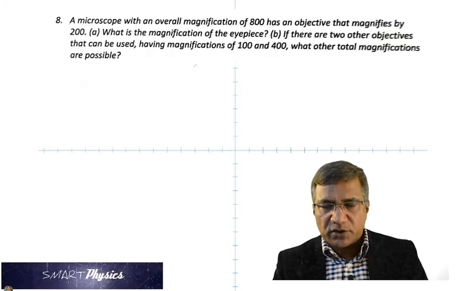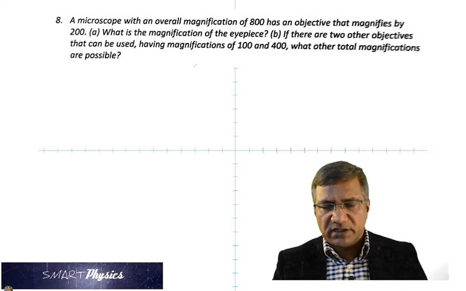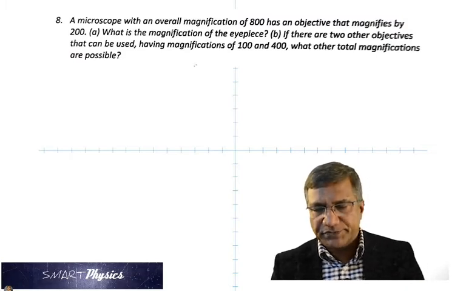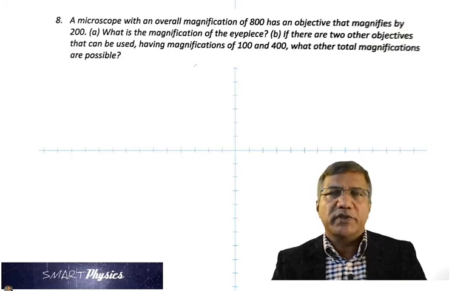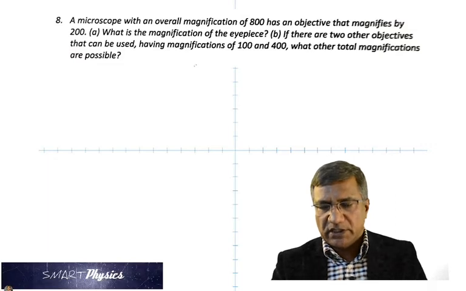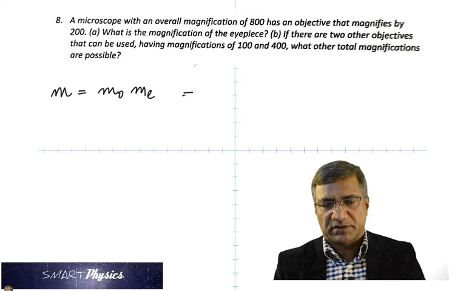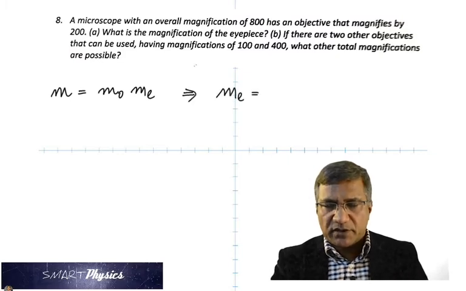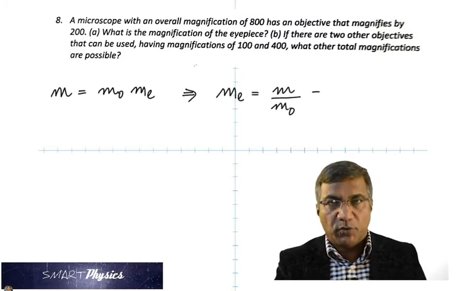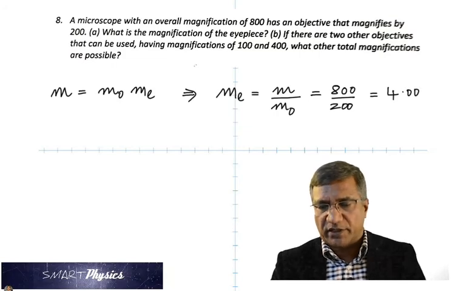In question 8, a microscope with an overall magnification of 800 has an objective that magnifies by 200. What is the magnification of the eyepiece? That's straightforward. We know that the total magnification of a compound microscope is the product of the magnifications of the objective and the eyepiece. And we're given the total magnification, the overall. So all we got to do is divide by the magnification of the objective to get the magnification of the eyepiece